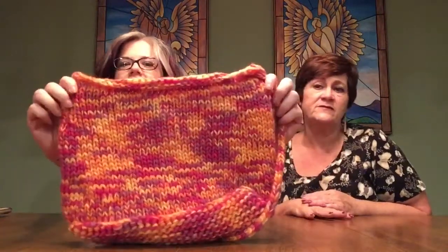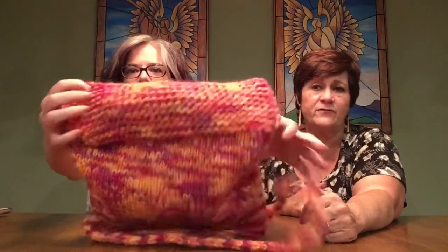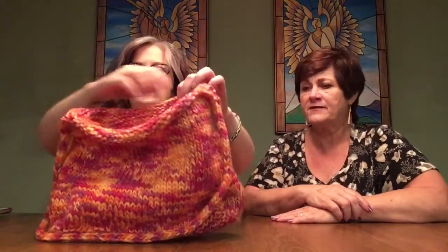Okay, so shall we start with the ones that are not felted, so we can show you? That's a good idea. First stage. Now this is just straight knit. You can see all the stitches on it. The bottom of it's a rectangle, a different stitch than the body is. The body is stitched in the round. It just goes round, round, round, round, round until